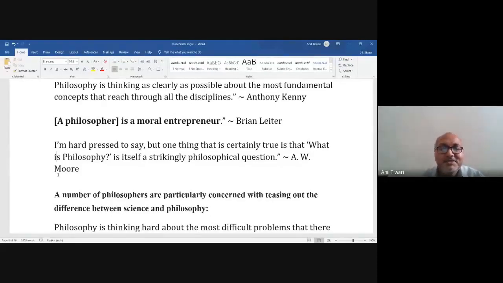And as a researcher, you will be doing the same thing in your respective disciplines. If you're just reporting your findings, it's not basically being philosophical, or it's not basically doing research. Research involves reflection, and unless there is reflection,